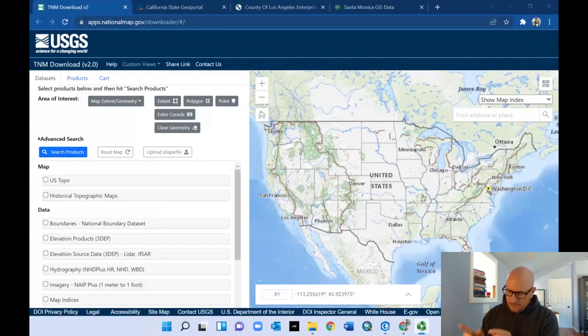Okay. So I have these 4 different links here. We're going to go through each one. And as I said, this is for a specific area. Clearly, we're going to be working with beautiful Santa Monica, California, and just doing that because I want to do it, because I used to live out there, and it was a great moment in my life. I've since retreated from the city, and I'm like a hermit in the mountains here, but